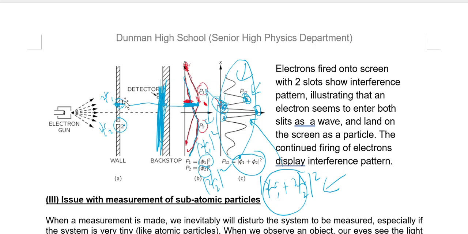So it can only function as a wave. Then when it functions as a wave, I must represent the electron by a wave function, which is psi 1 and psi 2 as I pass through these two holes. Then the combination of psi 1, psi 2 is the wave function of the electron in this space here